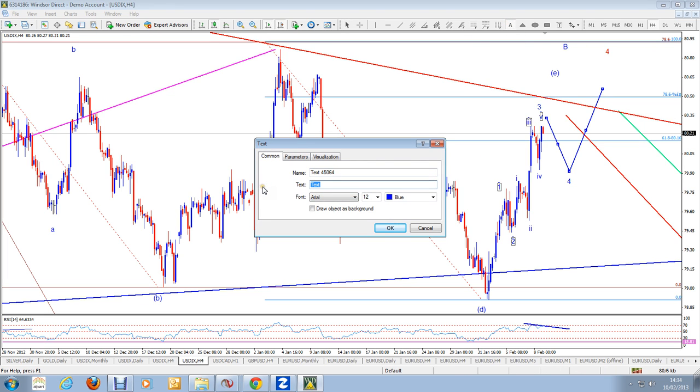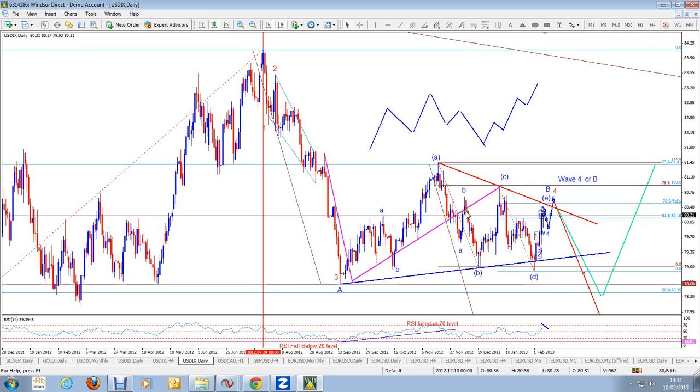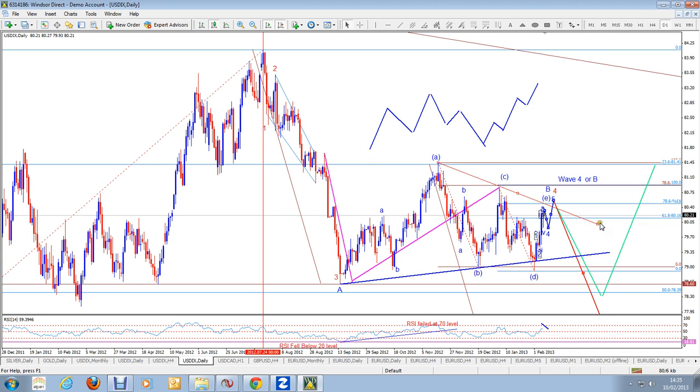Now if that was to happen, that means the dollar would strengthen quite a bit. If that was to happen, then our triangular part which we are talking about would fail. So at the moment I'm fully counting that in as a possibility, so I'm making this one a very light color just to say that there is a line in there, but perhaps I'm not expecting it to hold, and that we would head higher, and then wave 5 could take us to possibly around 81,